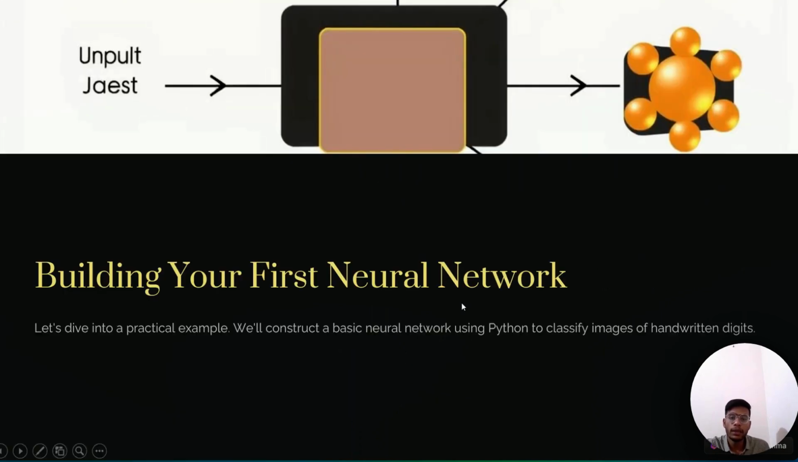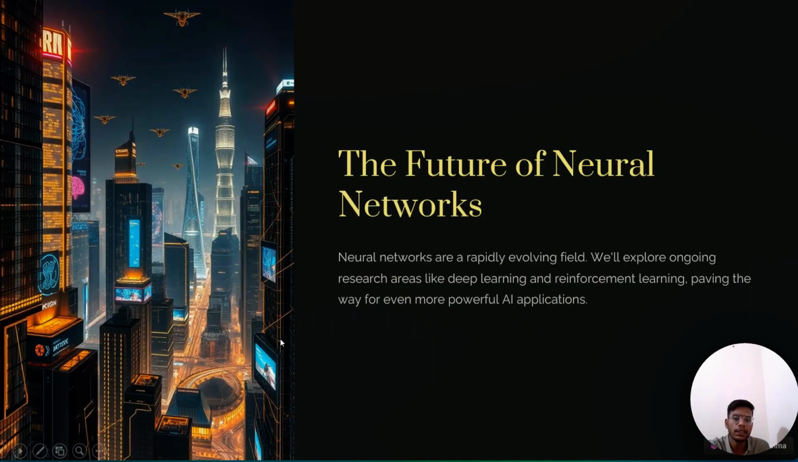Building our first neural network. Let's dive into practical. We will construct a basic neural net using Python to classify images of handwritten digits. Now, the future of neural network. Neural networks are a rapidly evolving field. We will explore ongoing research areas like deep learning and reinforcement learning, paving the way for even more powerful AI applications. Stay tuned for a